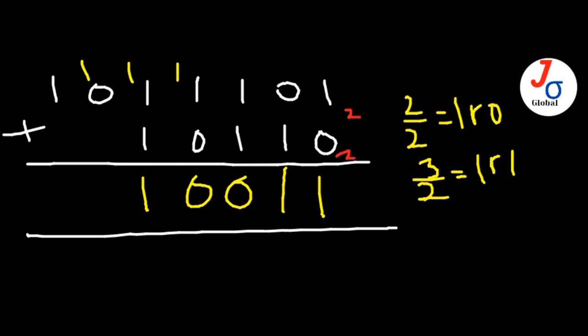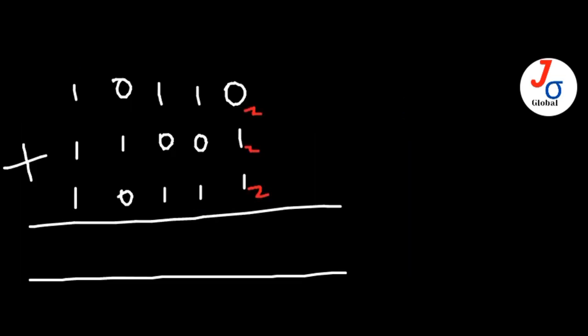So 1 plus 0 is 1, so it's less than 2, 1, then I have 1. So my answer is 1, 1, 1, 1, 1, 0, 0, 1, 1 base 2. So that's my answer. So here we have this example, and we have to add up these three numbers in